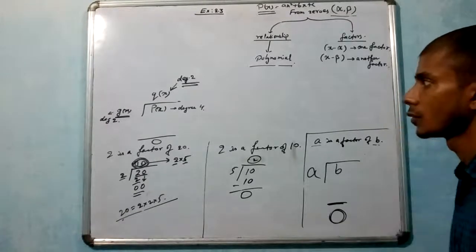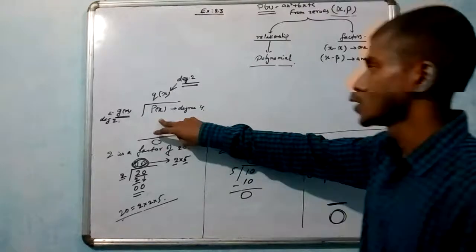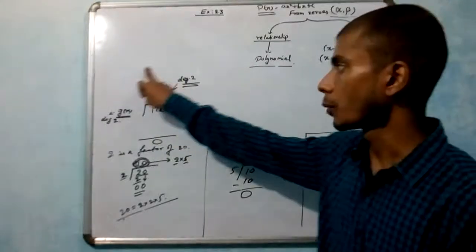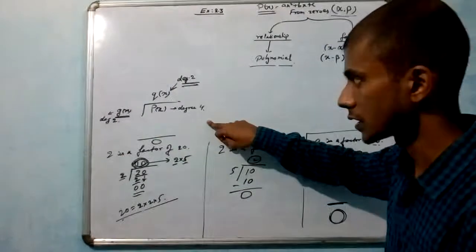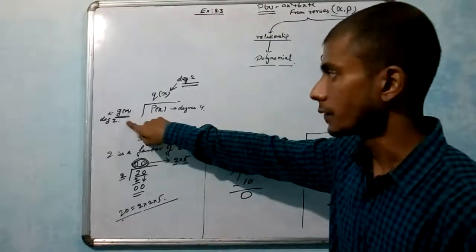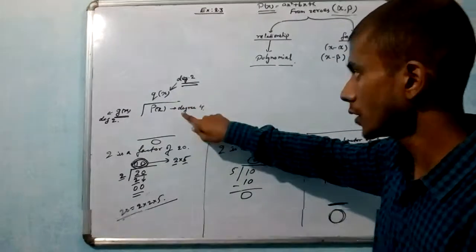Yeah, I am telling that we have this relation in polynomial division. What relation? Of the degrees. That the degree of the divisor plus the degree of the quotient is equal to the degree of the dividend. See here, degree